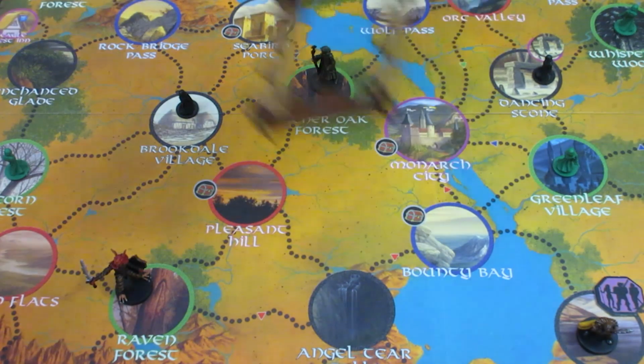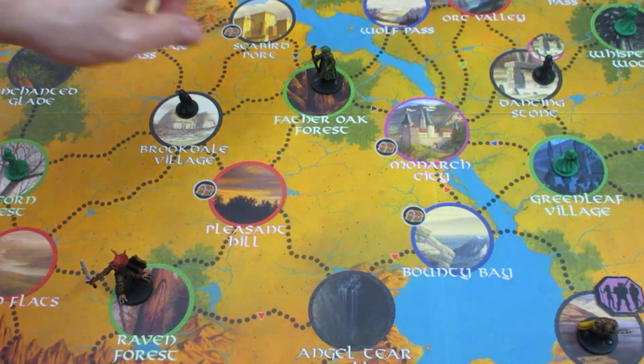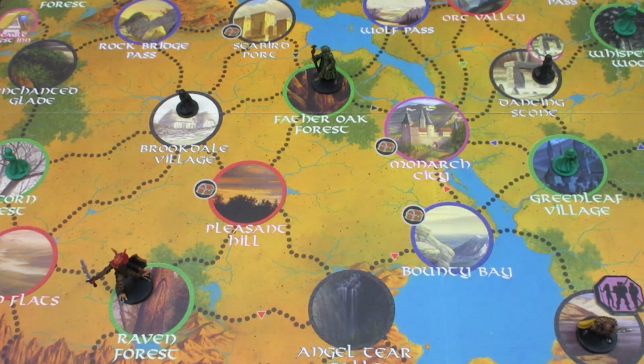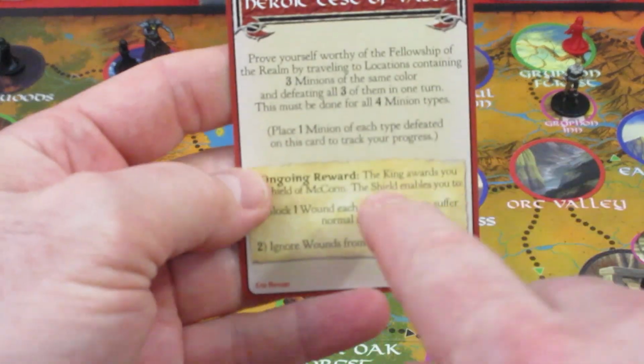And for his final action, so he does have a final action. This time, I think I got it right. His final action, he's going to go up here to Minotaur Forest. Can't quite see it. And he's going to use his magic lore, which is woodland magic, to summon up some animals to attack the green minions. So let's go ahead and do that. Alright, and I do believe this counts towards his quest, because I do believe,